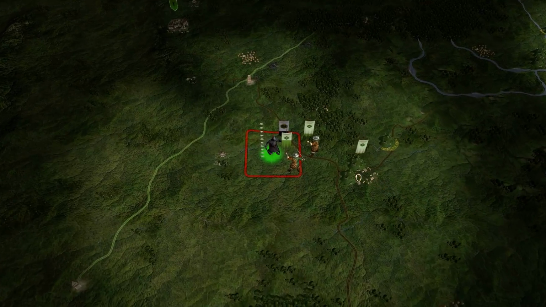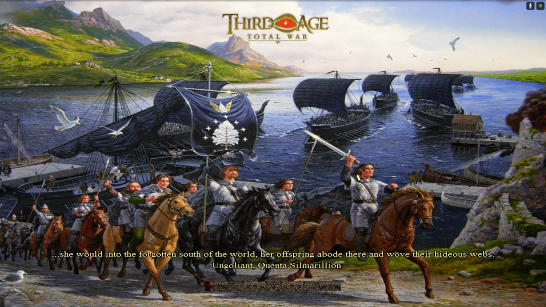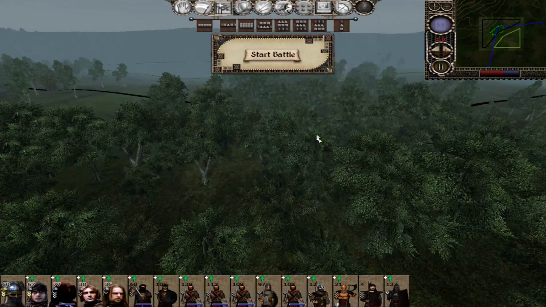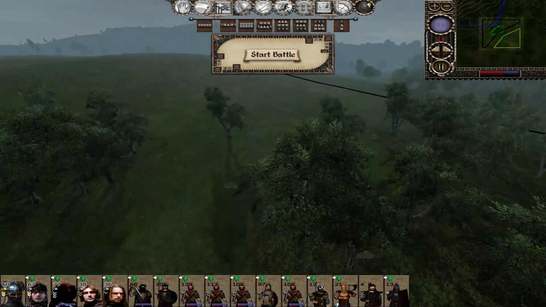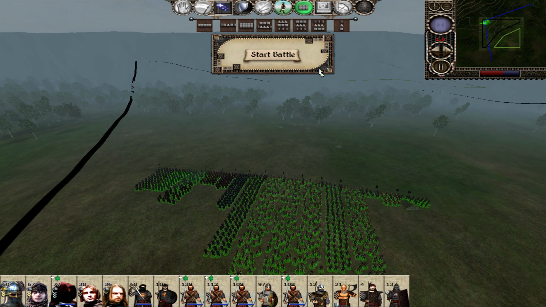The hobbits are mustering to defend their homeland as the Adûnâim close on Sackville. And as many of you pointed out last time, it has a very unfortunate name given what we're going to do to it. Start deployment. They attacked us, so naturally we'll pull back up to what looks to be exactly the same hill.